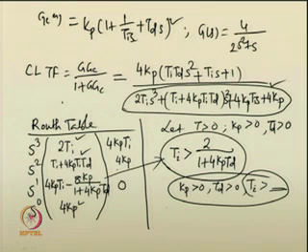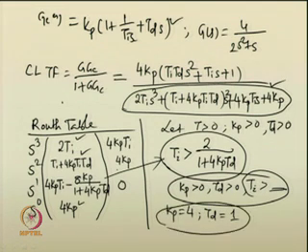For the time being, let us assume Kp equal to 4, Td equal to 1. When Kp equal to 4 and Td equal to 1, the condition gives us Ti has to be greater than 2 upon 17,